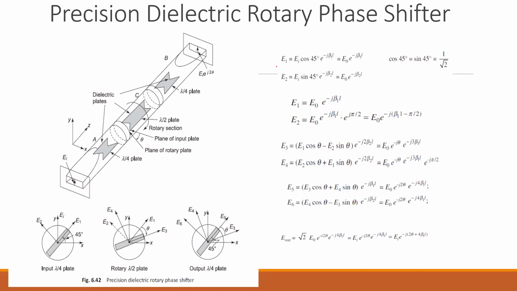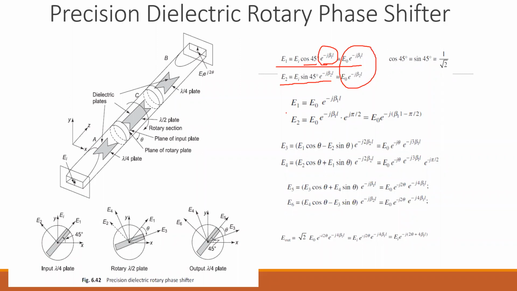Now here we have one component which is represented as EI cos theta. In this case, if it is 45 degrees, it will be cos 45. And this is the phase shifted version, due to the first case, that is beta 1 into L, so minus beta 1 into L is the phase shifted version. Similarly, E2 is given by EI into sine theta, where theta is 45 degrees, and this one is associated with the second field, that is field E2. So here we obtain the overall shifted version of E1 and E2.